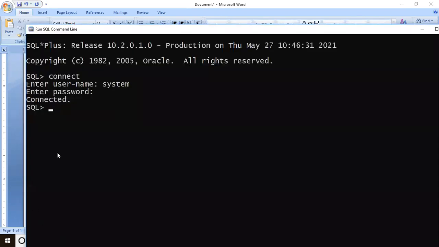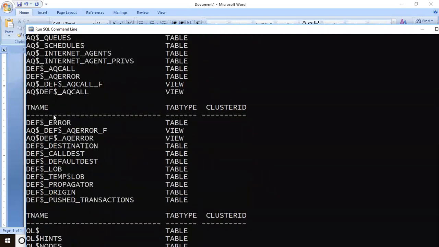Now let me demonstrate the same thing here. Before that, normally what happens when Oracle is installed: from the last semester, there may be tables already created, and Oracle will not allow you to create a table with the same name. So to know the existing tables in your PC, all of you take down this command somewhere. You give this command, select star from tab. This will give you a list of tables.